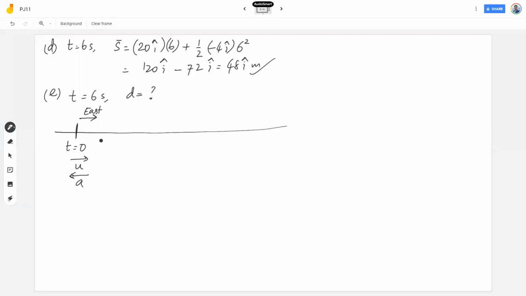Which means in the east direction, the speed of the object continuously decreases. The object continues to move towards the east, but then it suddenly stops after some point. It loses speed. At some point, so many seconds, its speed becomes 0. Until then, it continues to move eastwards. In how much time does its velocity become 0? V becomes 0. V is equal to 20 minus 4 into t. V equal to u minus at. If V is 0, then t is equal to 5 seconds. So it is in 5 seconds that the particle comes to rest.